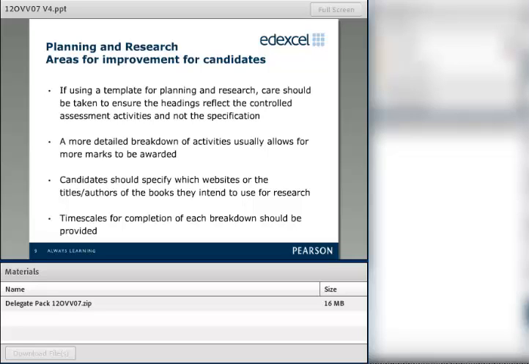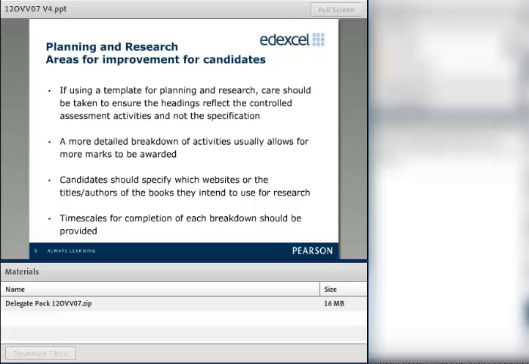The research element, we want them to use more than one or two types of research. And again, this is one where they quite often just put class notes or website. If they give us a bit more detail, what website, which bits of a website they think will be useful, all sorts of things like that. If they're looking at class notes, they could also look at different textbooks and so forth. So they're using a range of necessary research.